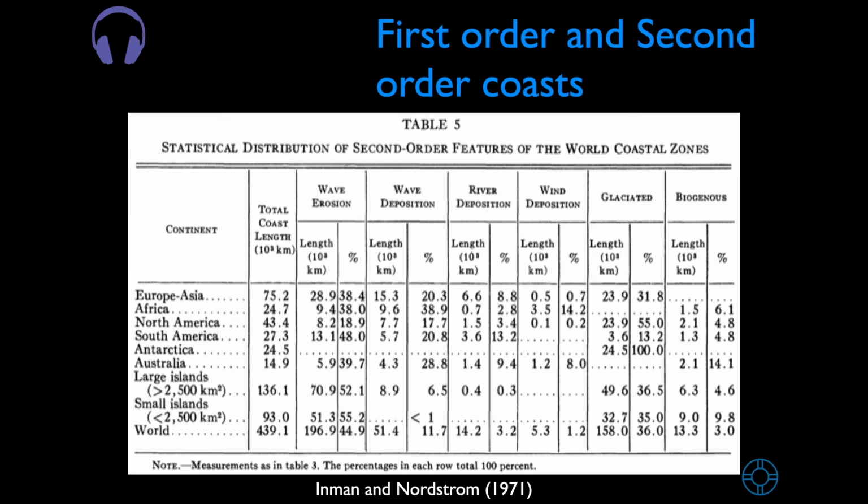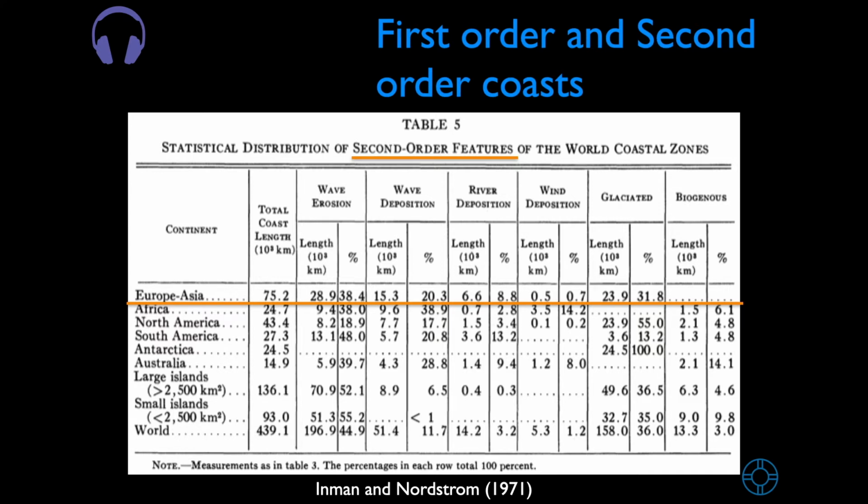This table shows some of Inman and Nordstrom 1971 results in the statistical distribution of second-order features of the world's coastal zones. They classified the continents using their coastal lengths, indicating their percentage under wave erosion, wave deposition, river deposition, wind deposition, glaciated coasts, and biogenous coasts. Maybe it's important to highlight some of these results. The European and Asian coasts were unified, and 38% of their coasts were under wave erosion and